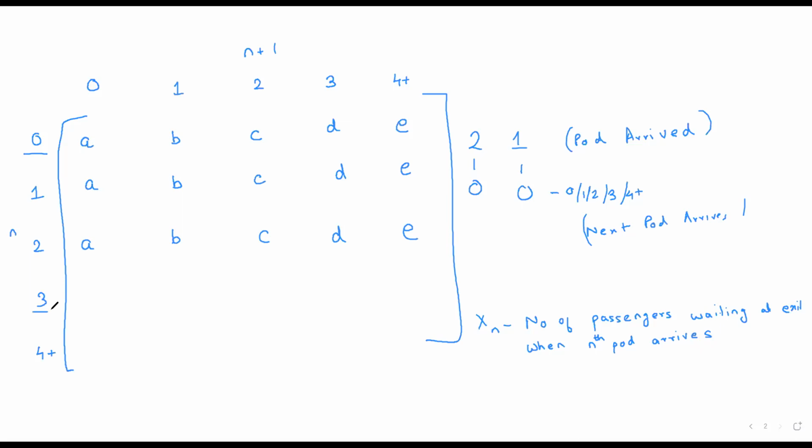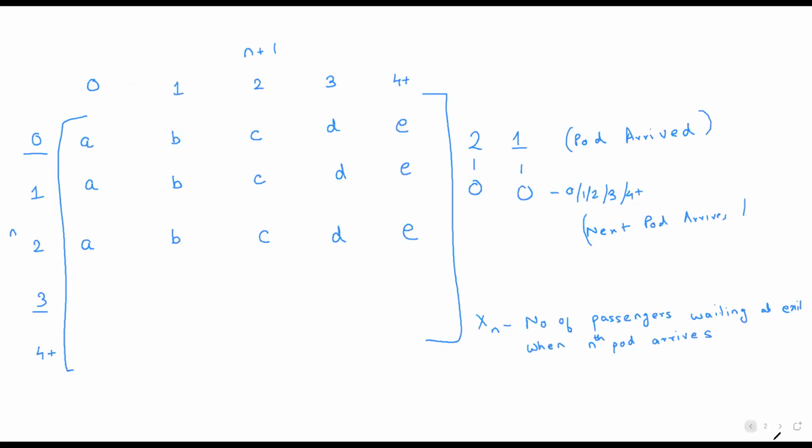The difference will again come in the third case, this particular row. So now suppose three passengers are waiting when the pod arrives. How many passengers will the pod take? It will take two passengers, so I'm left with one passenger. So if one passenger is waiting, even if no passengers come during the next 2 minutes,